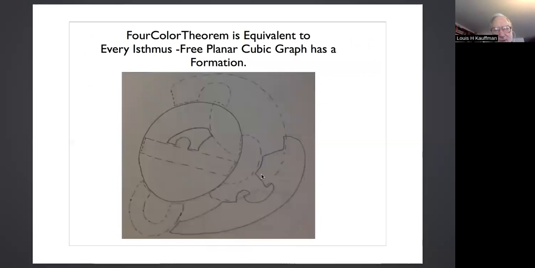So here would be a more complex formation for a coloring of a certain graph. And the thing you see is that, of course, you can draw infinitely many formations. You just draw some curves that are red and some curves that are blue that touch the red curves according to these rules. So a blue might touch a red and cross, or a blue might touch a red and decline to cross. And so we have two systems of curves like this. Each one, any one that you draw of the infinitely many, has an underlying graph, because as soon as you draw one of these, there is a trivalent graph that underlies it. And so the four color theorem